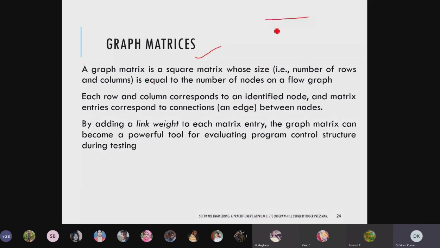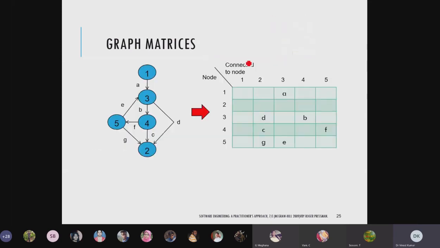We have to draw one matrix with rows and columns, and the number of nodes in rows and columns will be the same. What we will do is find the direct connection among them. If they have one, then the weight value will be given, otherwise we'll put 0. You can see here, we have one graph, and now you see one matrix we have created with this.